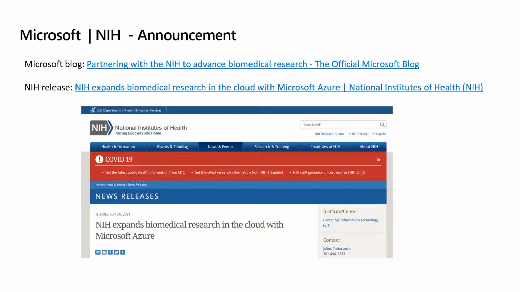You can go to the NIH release if you want. You can go to the Microsoft blog. If you're interested in expanding this and taking advantage of it, feel free to reach out to your account team. If you really want to, you can email me, and I'll get involved with you. But this was a big deal for us, from the perspective of saying, hey, we are dedicated to research.